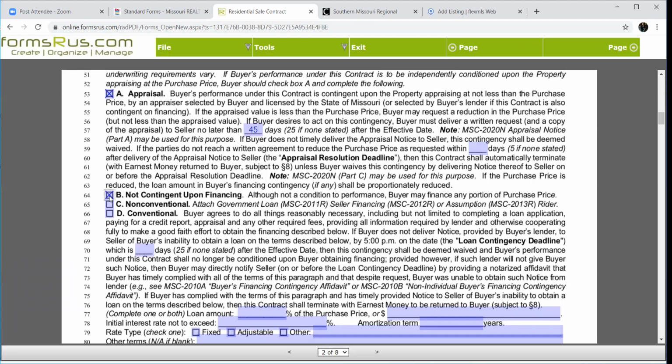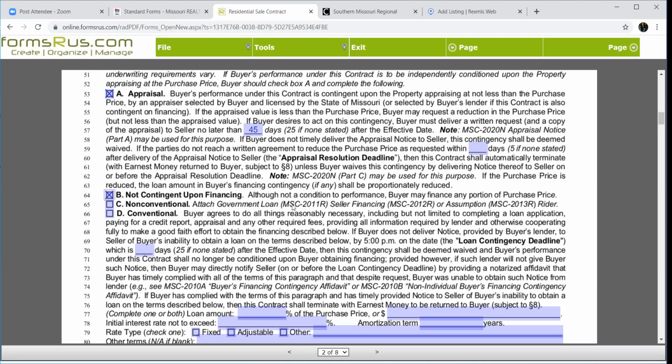This does not mean that your client cannot get financing. This means that the lender can't say, well, we can't close because we can't finance this for X. This says the buyer's going to buy the property, show up and buy the property no matter what. However they get the money, it doesn't matter. They can have it stuffed in their mattress, they can have it wired in from wherever, or they can go get a loan for that amount. But they cannot leave the contract because they couldn't get a loan, okay? Non-conventional would be your government loan riders, your USDA, FHA, and I will show you that one as well in a minute.